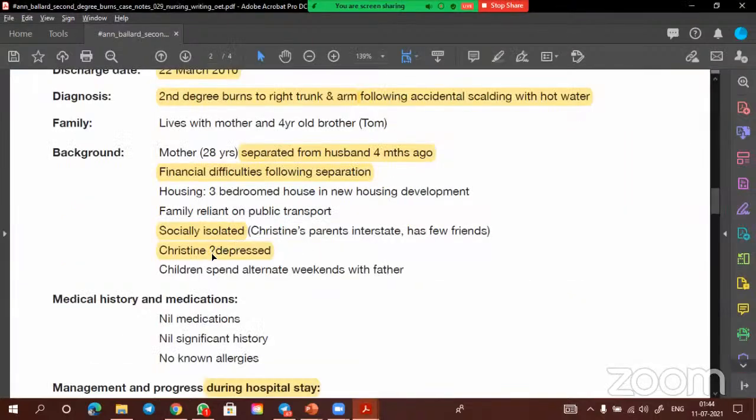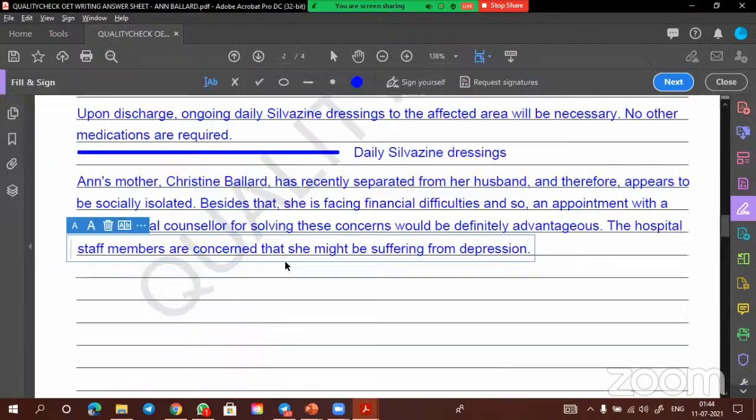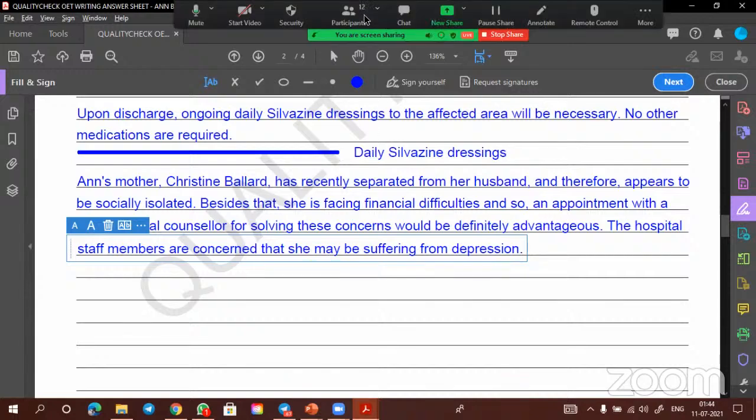They're concerned, maybe means possible. I told might be, maybe or might be, anyone you can use. Maybe suffering, maybe 50-50 chance, might be means a little higher. So maybe suffering from depression, or might be suffering from depression, little difference: might be means 60% chances, maybe means 50% chances. So this is regarding mother's condition. All we have finished. There is nothing left there.